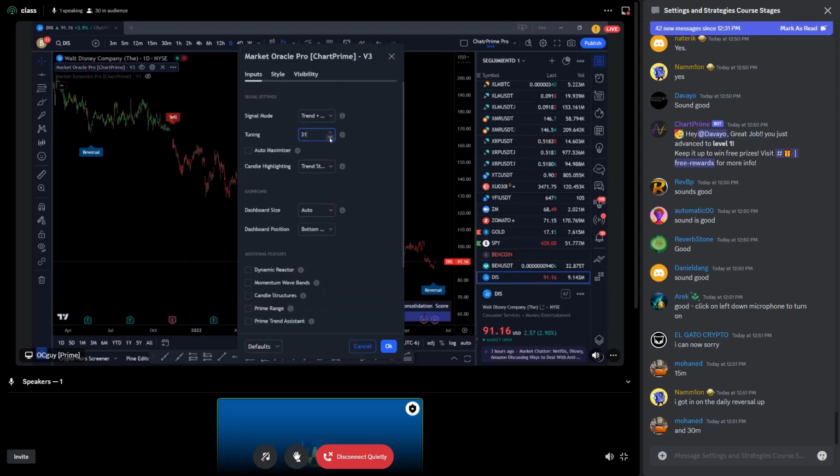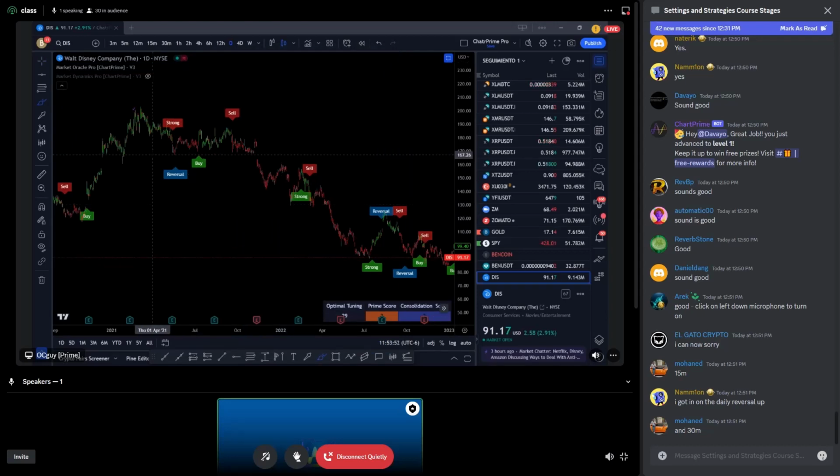In this case, we were at 29. Let's try 25. I have to see if I can improve my entry zones. And guys, you also need to understand that by lowering your tuning, you will increase the amount of interference that we're gonna have, right? But that's all right. So there's one thing that I'm missing to configure my.